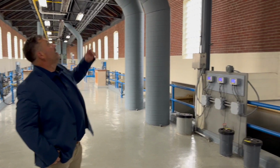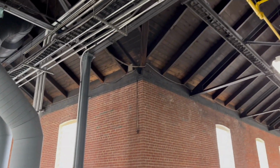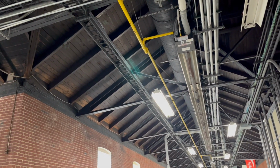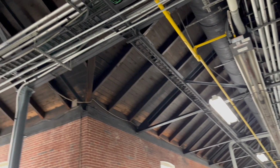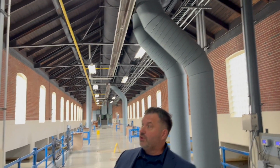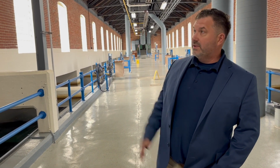You can see, the big wood roof, all the truss system. So we actually have a project that's going to kick off in 2 weeks to replace the roof in this building. It's a 40+ year roof, so